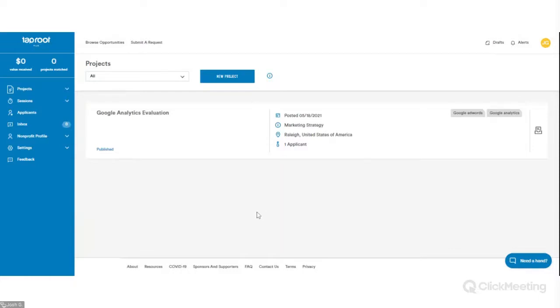After your project request gets approved by the Taproot team, it goes live on our public marketplace. And that means that potential volunteers can scroll through and find opportunities like yours to share their skills with. Taproot will also send out your project description via email to volunteers already in our community who have the experience you're looking for. And through a partnership with LinkedIn, your Taproot Plus posting will also be shared on LinkedIn for Good's volunteer board, which is a really great way to get your pro bono opportunity in front of more potential